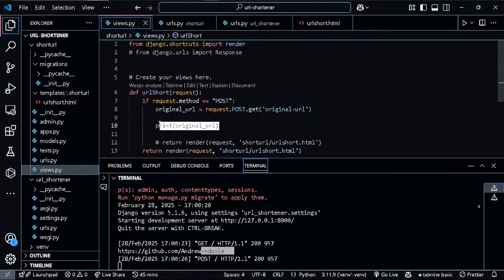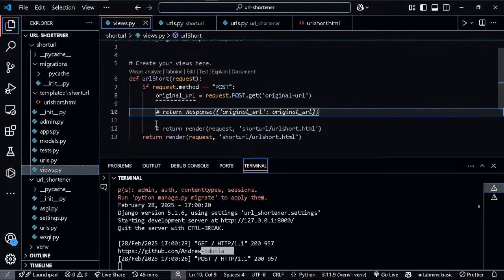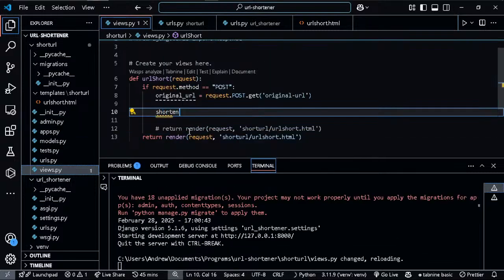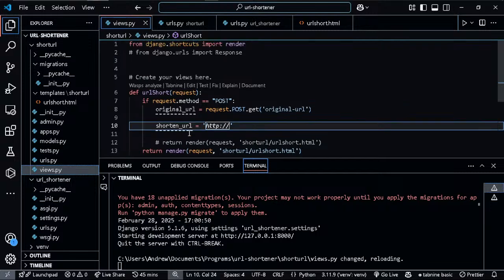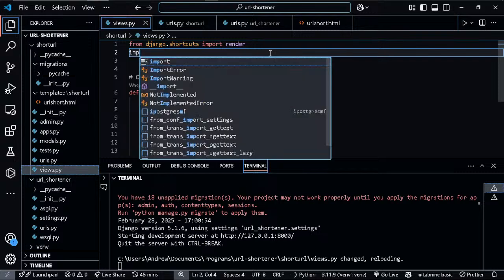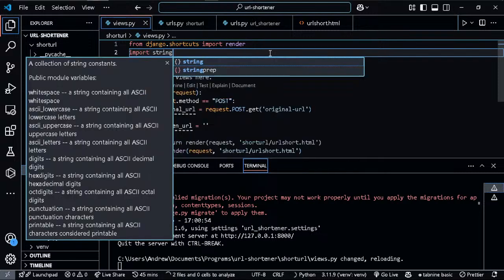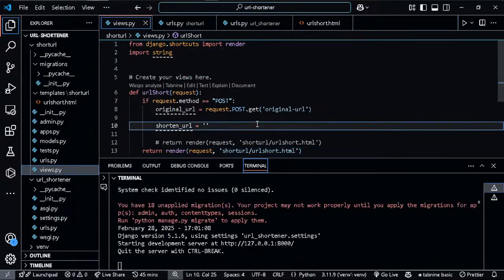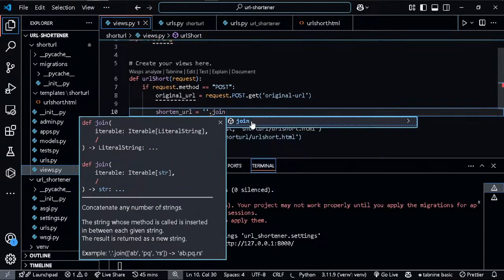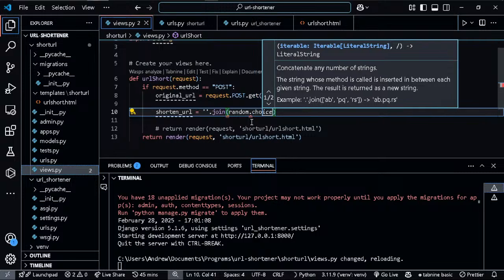Now when I get the original URL, what I want to do next is to have my shortened URL. So I'm going to create a variable here called my shortened URL, and I want to do something with this variable. I'll go ahead and import some Python modules. From Python, I will import a module called string, and what I want to do with this string, you'll see in a minute. I want to join this now, random dot choice